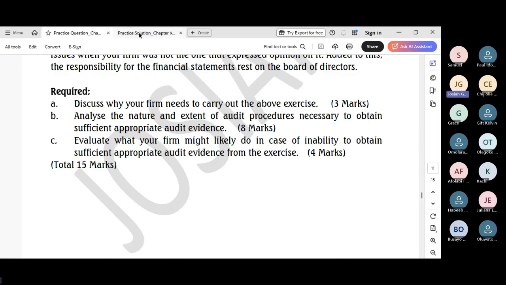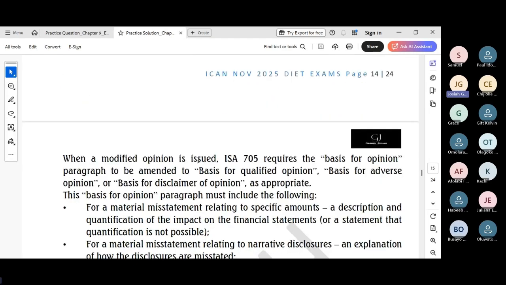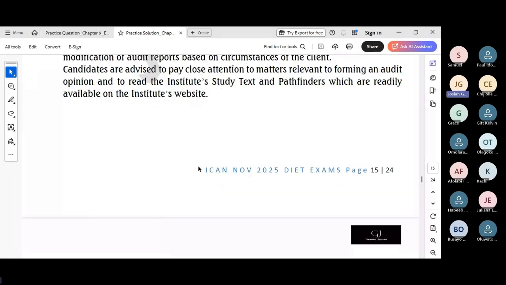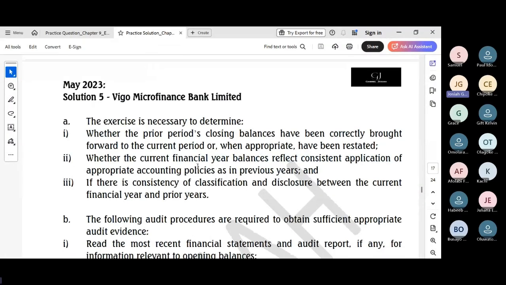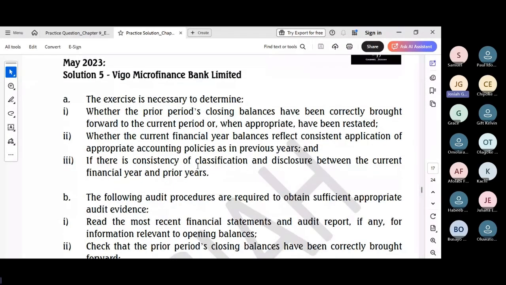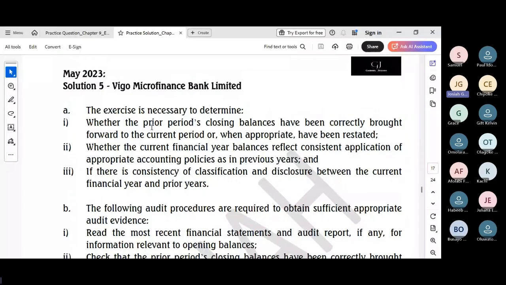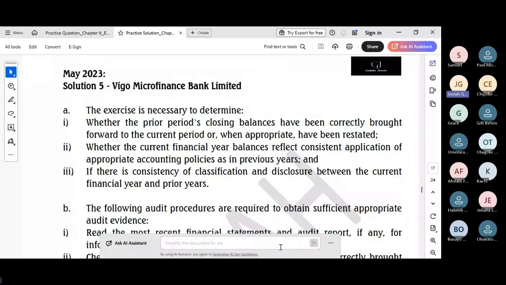Okay, we looked at this question in Audit Evidence, Chapter 8. And I know somebody will be wondering why we are looking at it again in Evaluation and Review. That's because there are prior year balances, and prior year balances need to be reviewed critically. It's actually a critical conceptual question centered around ISA 510, initial audit engagements and opening balances. That's why we have to relook at the question in the context of Chapter 9, Evaluation and Review.